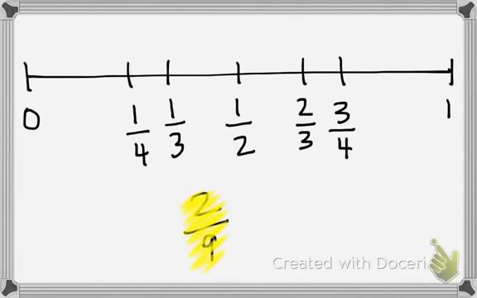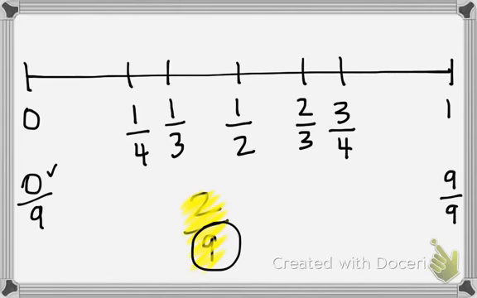Since I have 2/9, I want to think about my number line as ninths. And so my 0 is the same as 0/9, and my 1 is the same as 9/9. So I want to decide first what would be my halfway point between 0 and 9. I know 9 can't be split in half evenly, and I'm going to end up with a remainder when I divide 9 into two pieces. And so I know that about half of 9 is